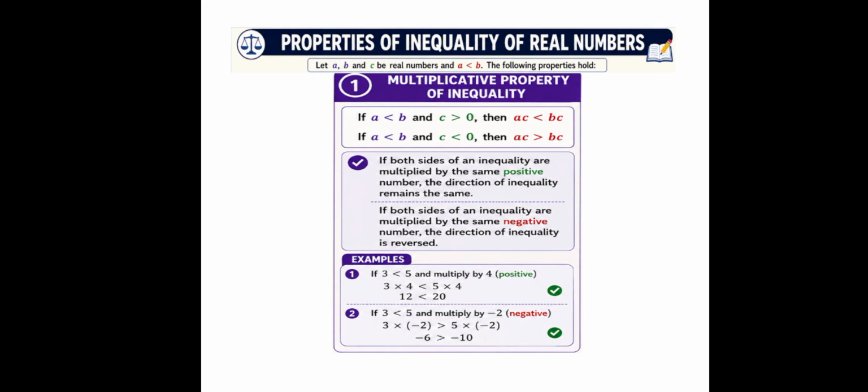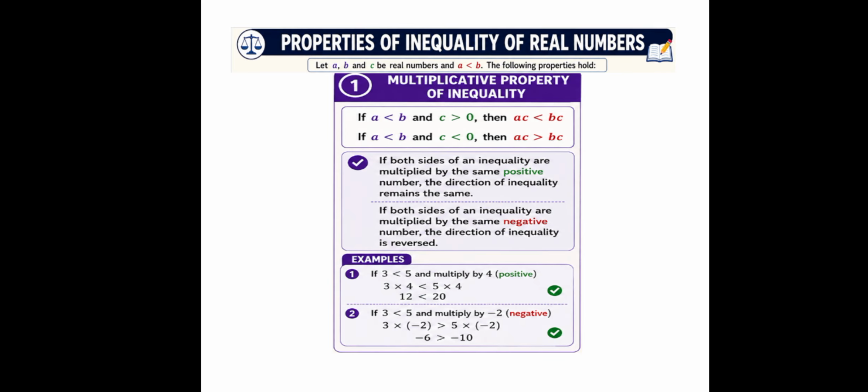If a is less than b and c is less than 0, then ac is greater than bc. c is less than 0 means that the value of c is negative. Alright, we will take the value of c as a negative number. So if both sides of an inequality are multiplied by the same negative number, the direction of inequality is